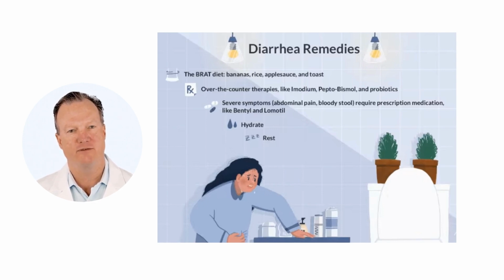Some of the common treatments are antibiotics or antiparasitics. Antibiotics or antiparasitic medications might help treat diarrhea caused by bacteria or parasites. If a virus is causing your diarrhea, antibiotics won't help.